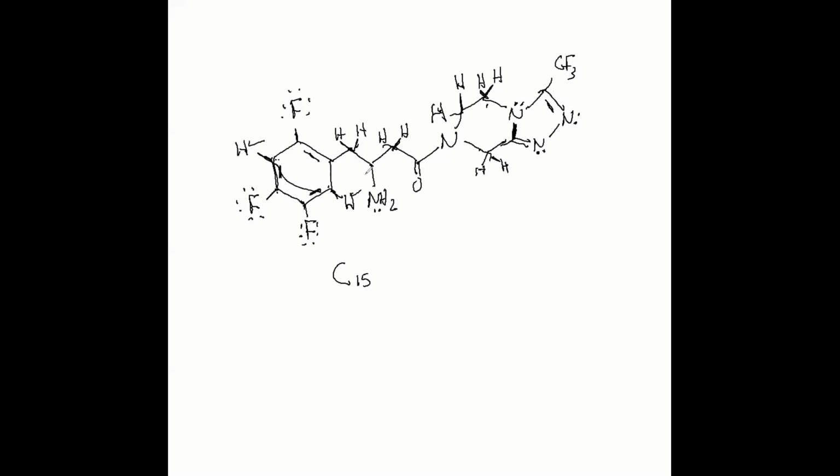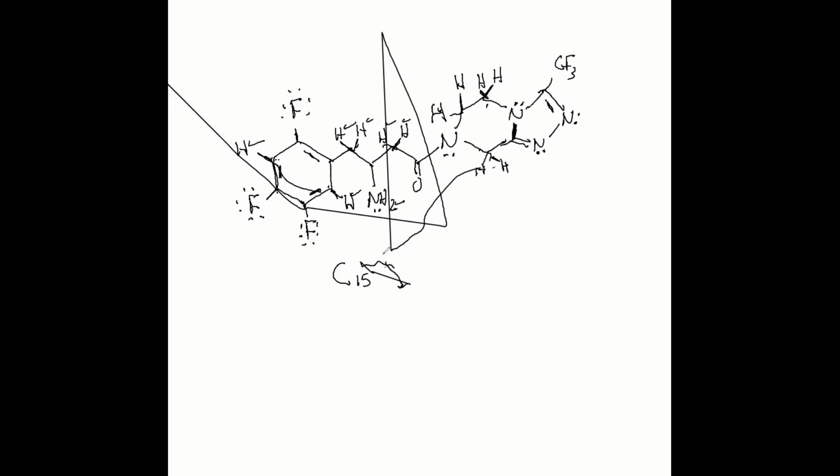1, 2, 3, 4. 4 plus 2 is 6, 7, 8, 9, 10, 11, 12, 13, 14. So I count, gosh, sorry about that. So C15, H14. Okay, so hydrogens, then how many,